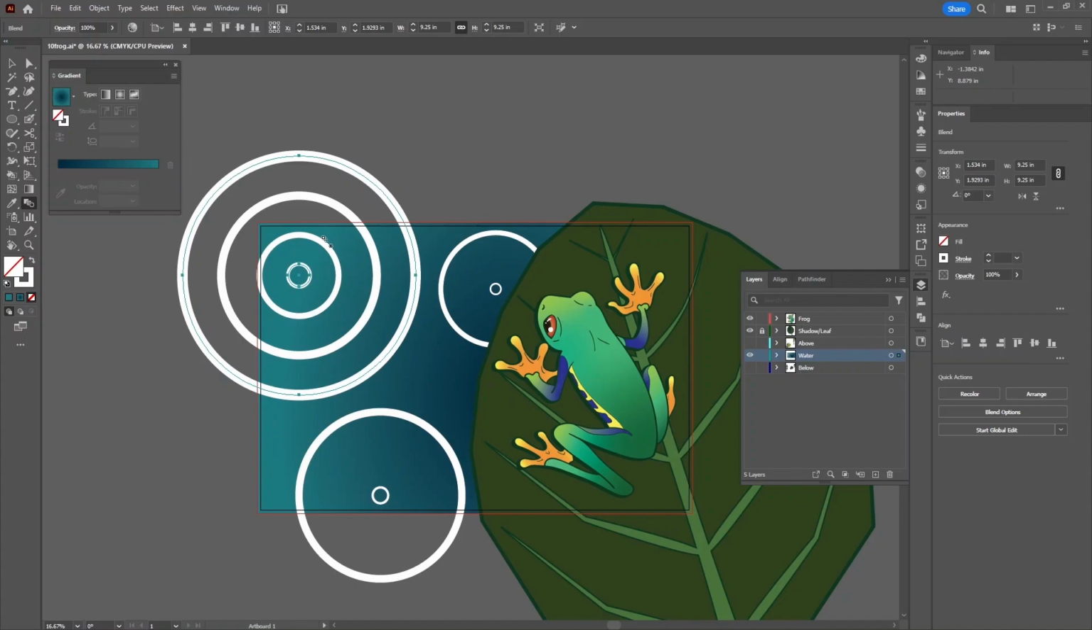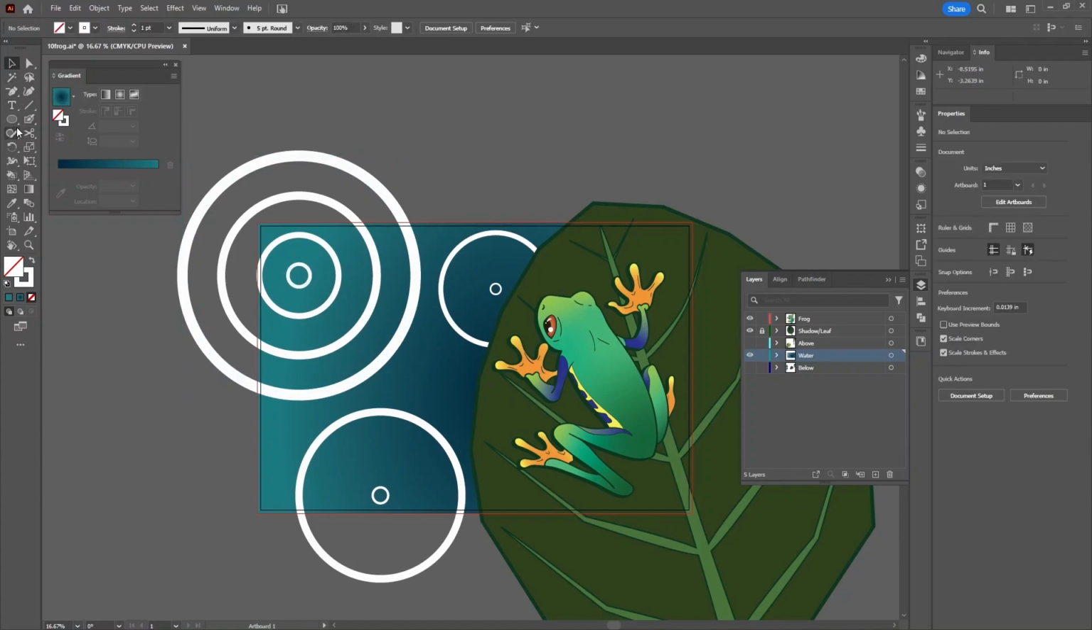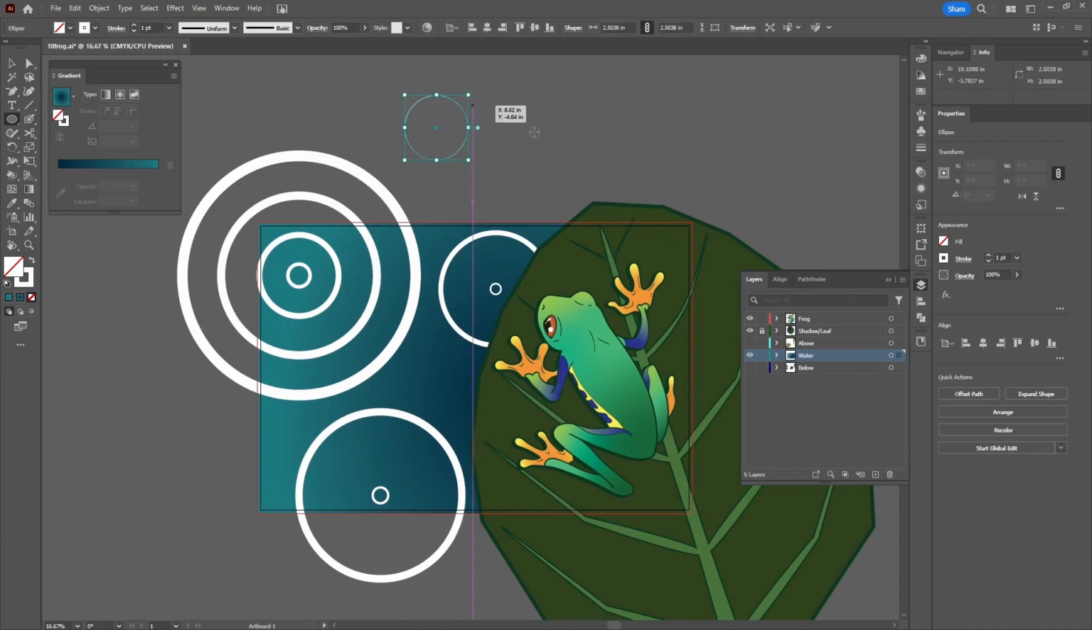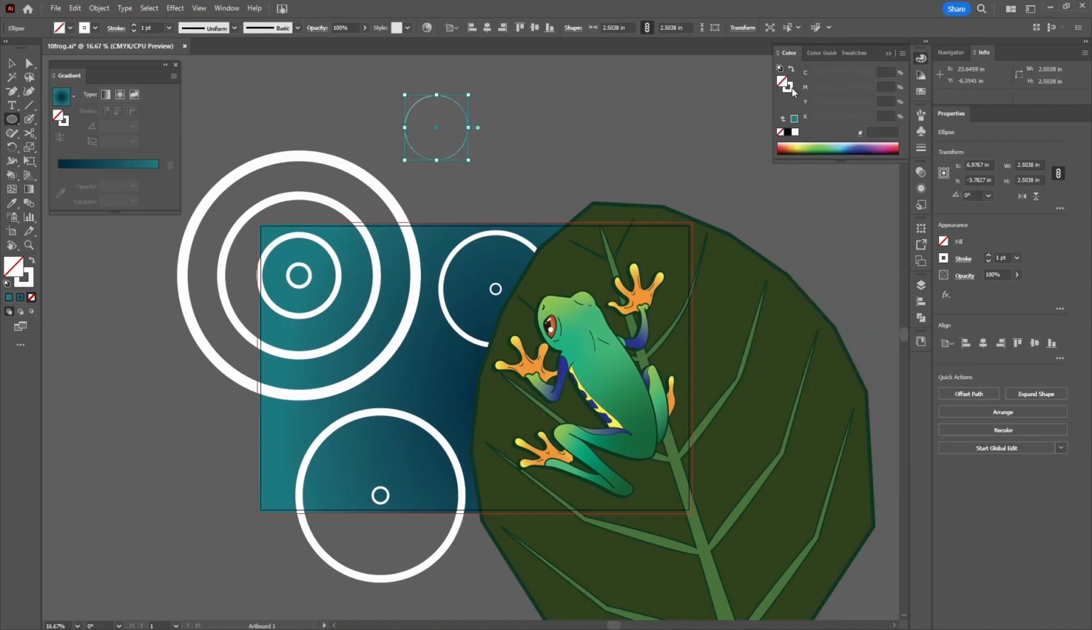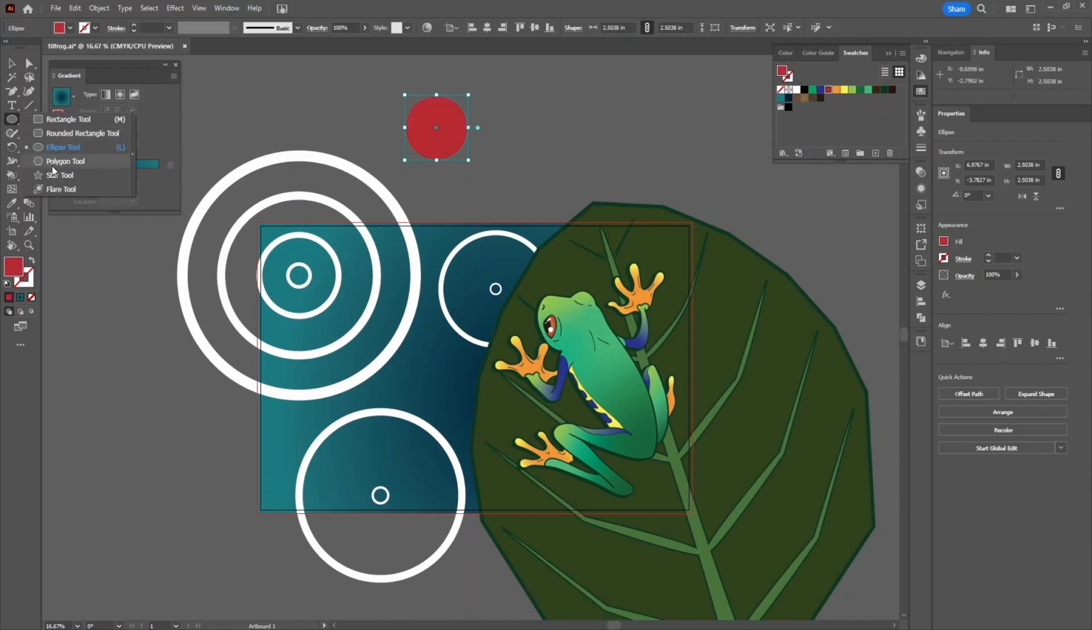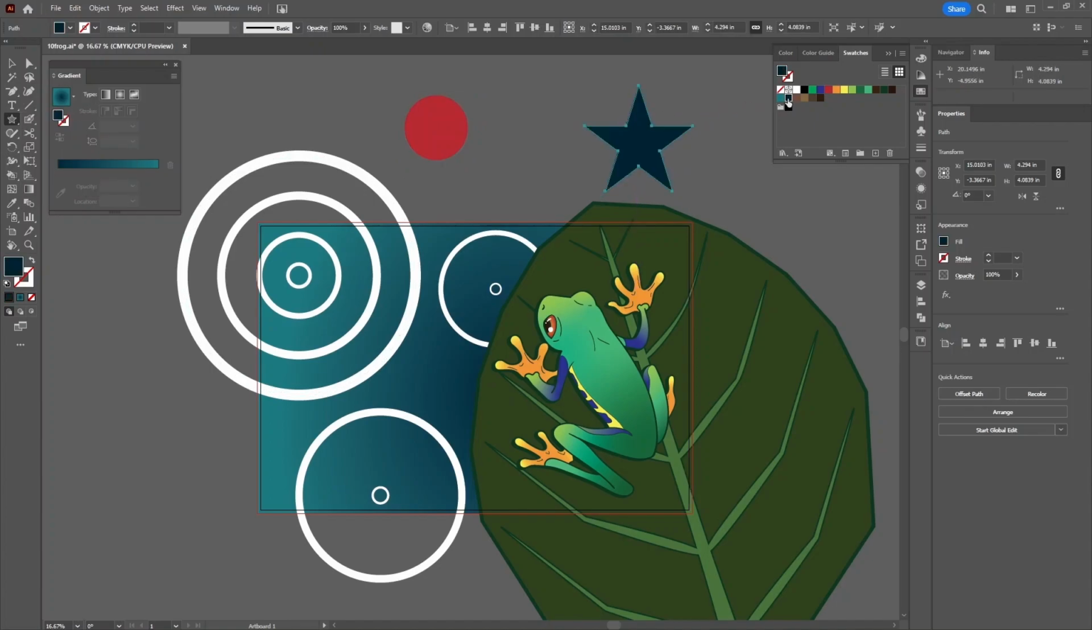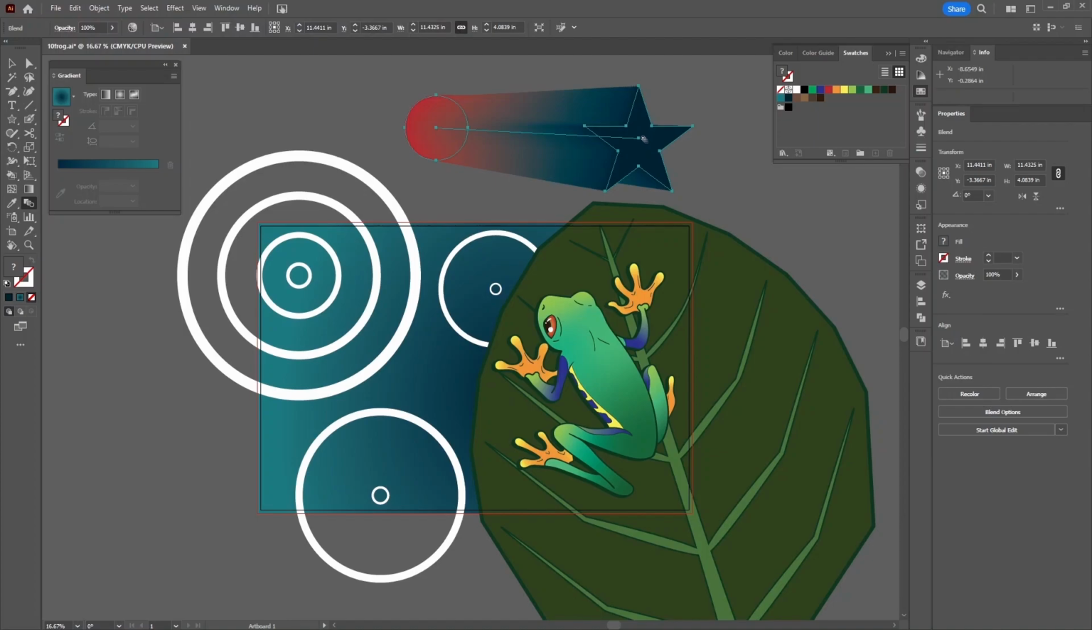But the blend tool can also average out things like color and shape. So you don't have to do this next part here. This is just a short little demonstration with the blend tool. Let's say I have a red circle and a blue star. Okay, so if I grab my blend tool and I go from the red circle to the blue star,